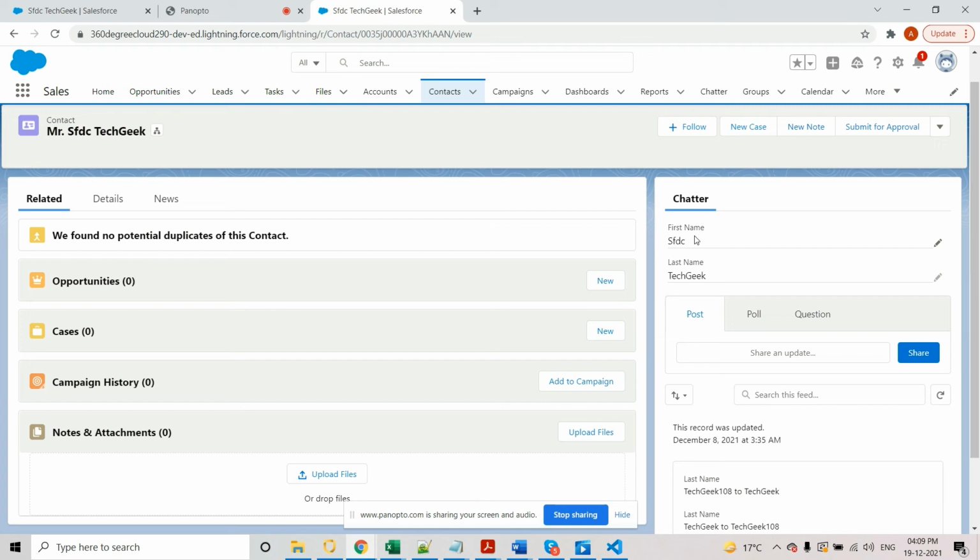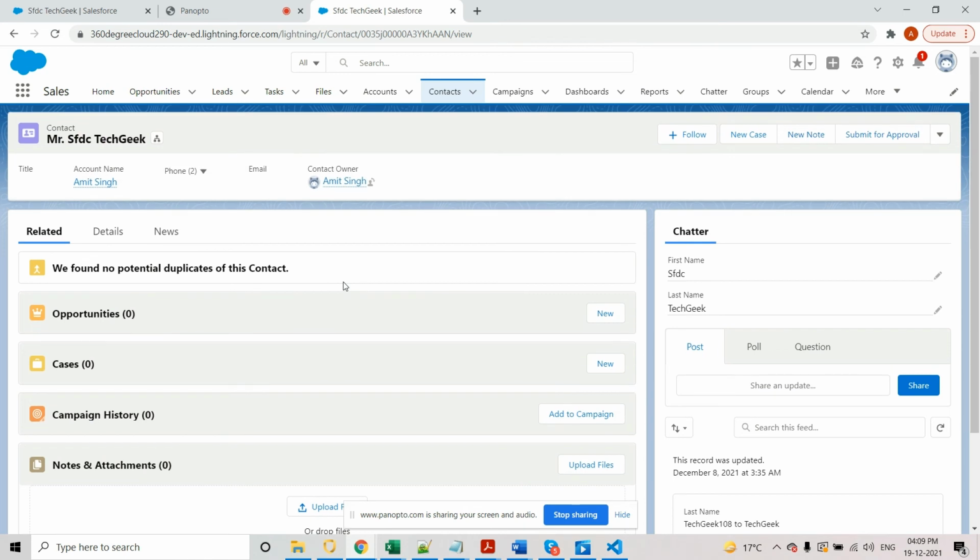We can simply view our first name, which is SFDC, and the last name, which is TechGeek. Record ID is being used as dynamic and not specific. Whatever record comes with the contact, the first name and last name will get displayed here. It is not static, it is dynamic.